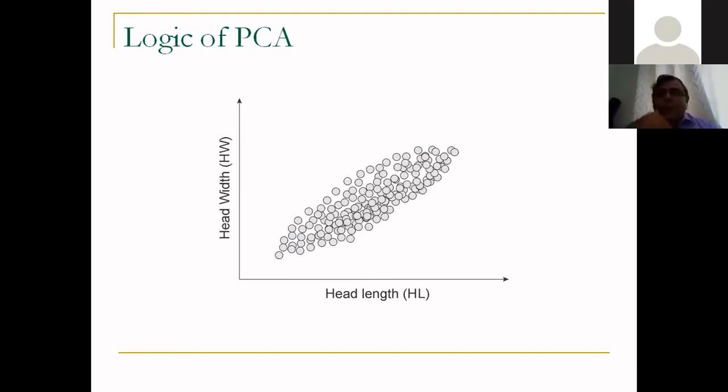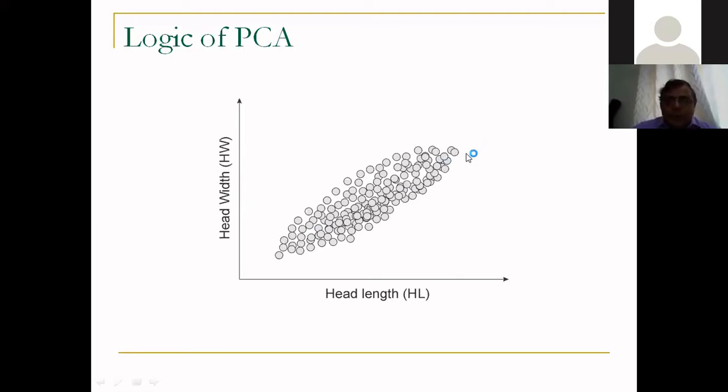But just to make you understand how PCA works, I'll take an example where I'll only have 2 dimensions to show. Let us suppose that I still want to do a PCA of just 2 dimensions. So what does PCA do? The first thing PCA will do is look at the data and try to find out in which direction this data is spread. If you look at this particular direction, most of the data is spread in this direction, or most of the variation is in this particular direction.